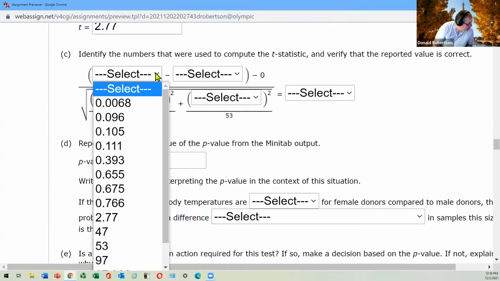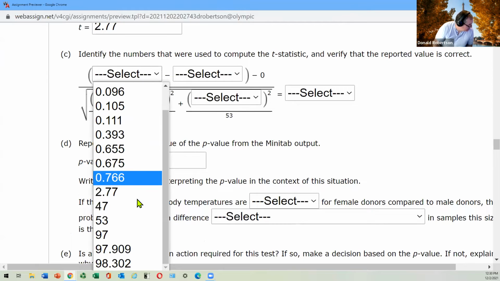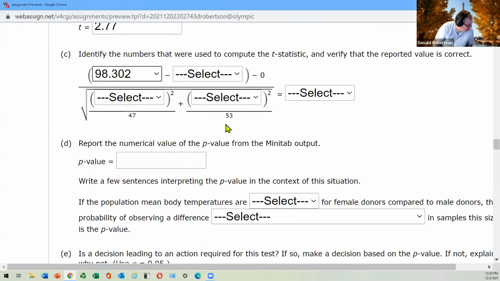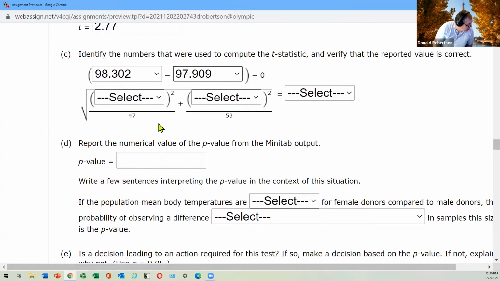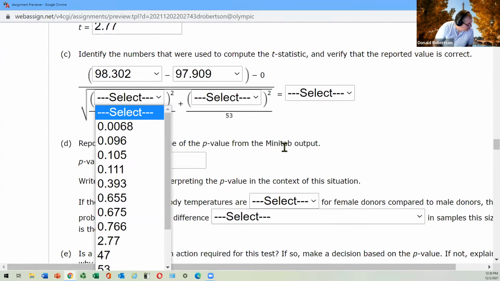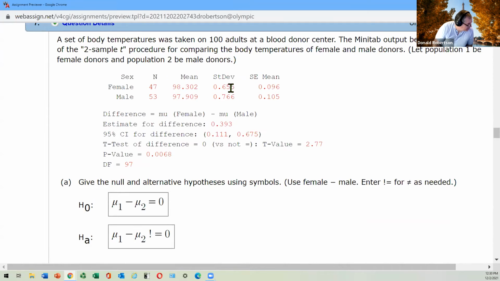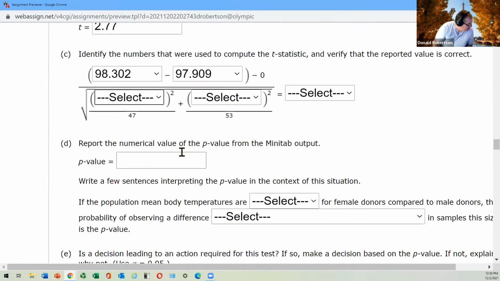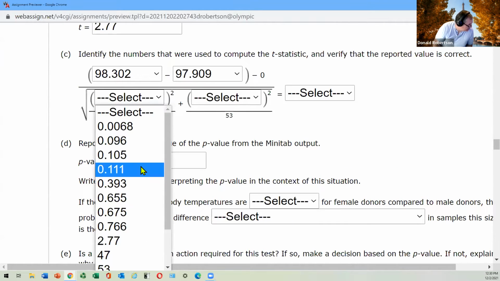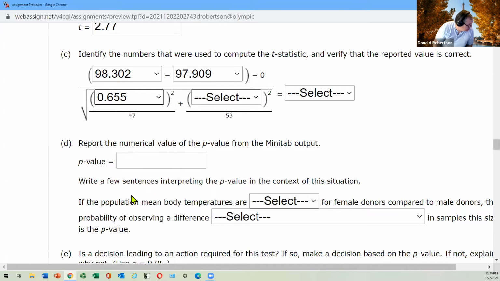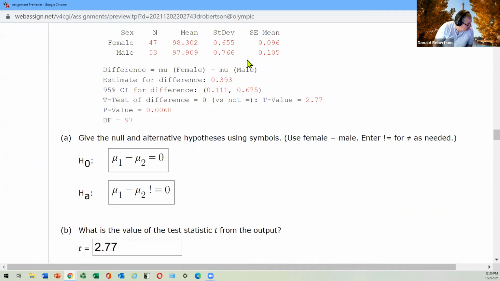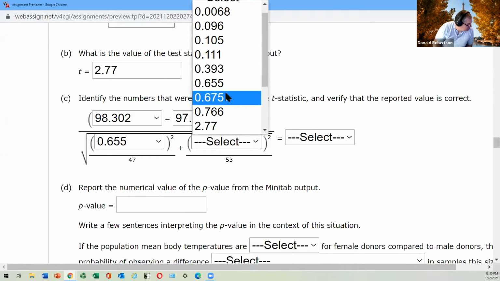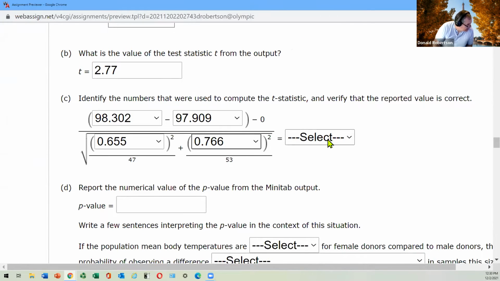Okay, that's a funny way of doing it. Take away the guys, which is that one. This one was the standard deviation of the female, so 0.655. And this one was the other people, and the other people were 766. And that whole thing should equal,